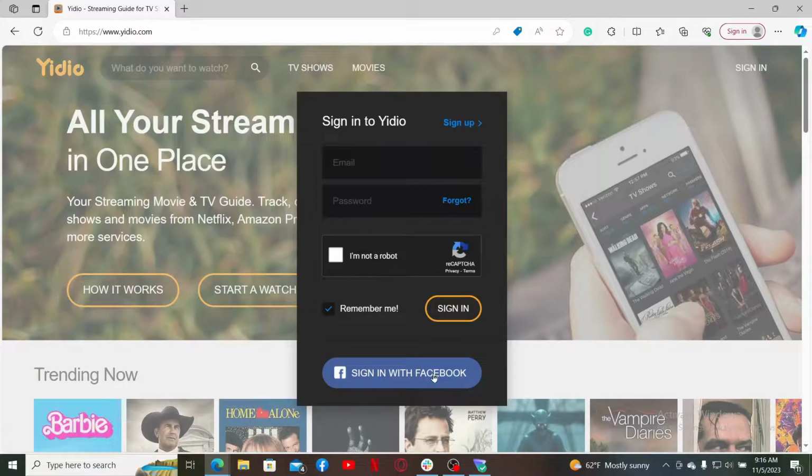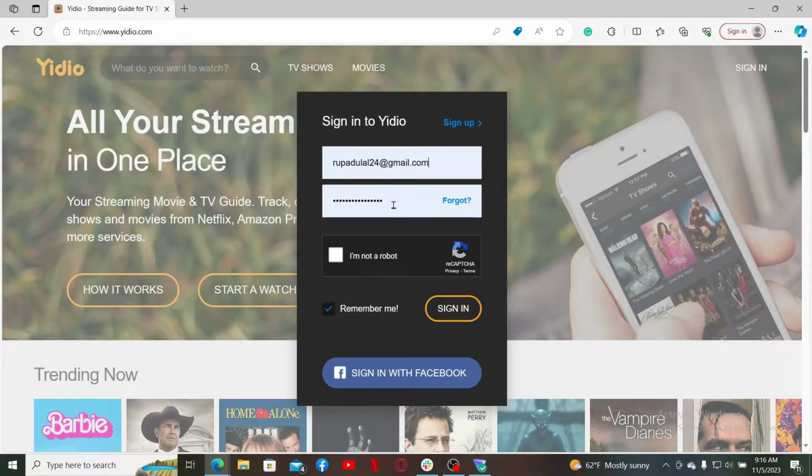But if you've chosen the email option while signing up for Yidio, you'll need to do the same here. Go to the first text box where it says email and type in your correct email address. On the next field, type in your correct password for your account. If you don't remember your password, you can get help by clicking on the forgot link and following the